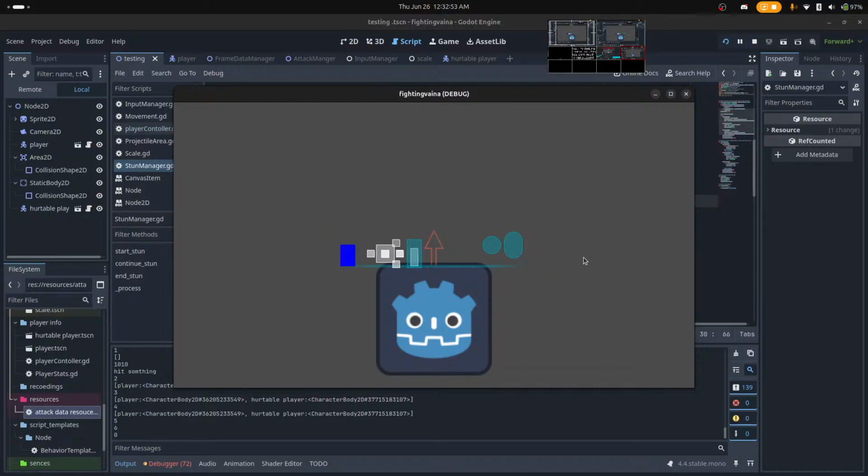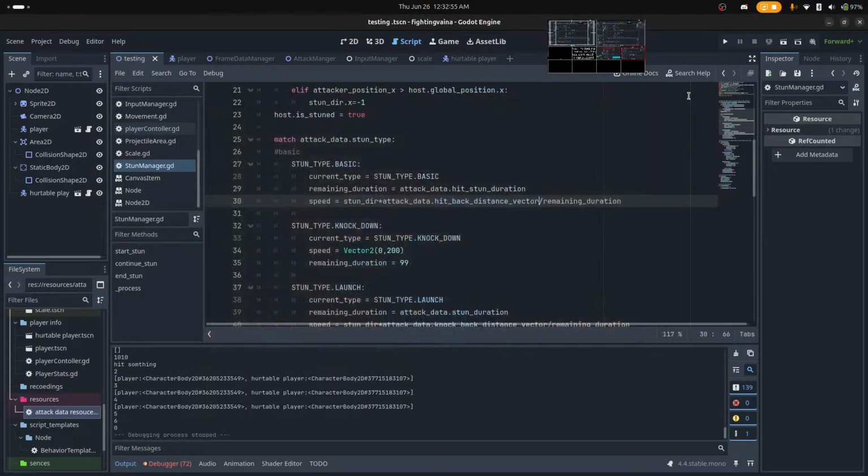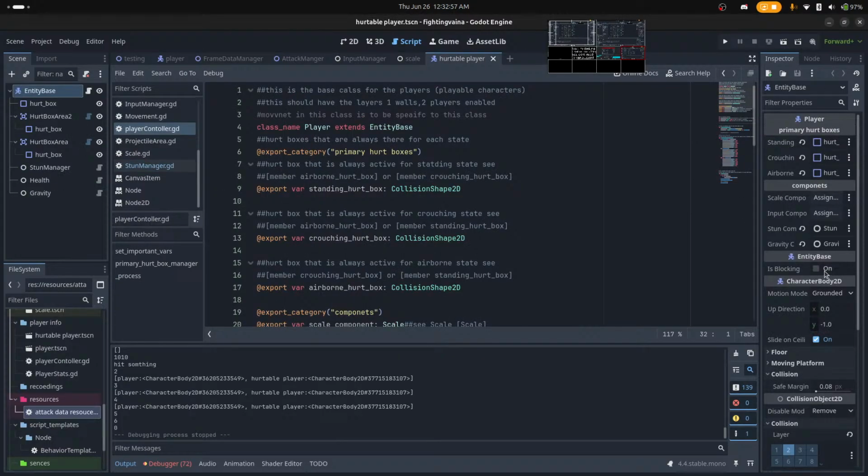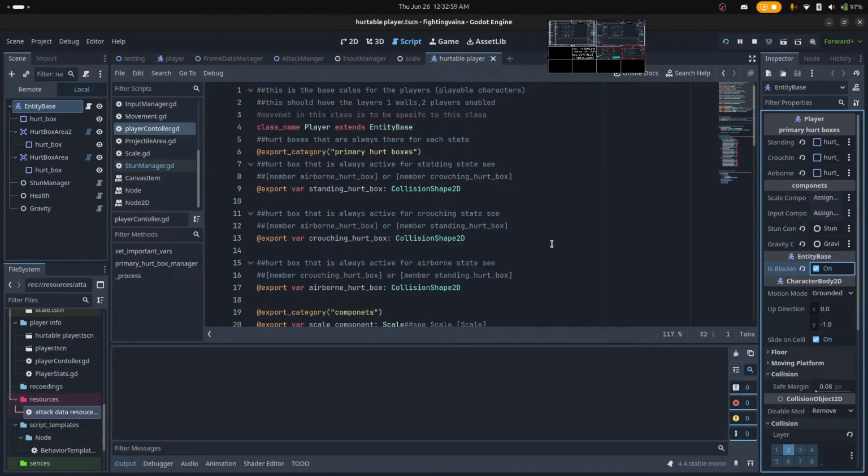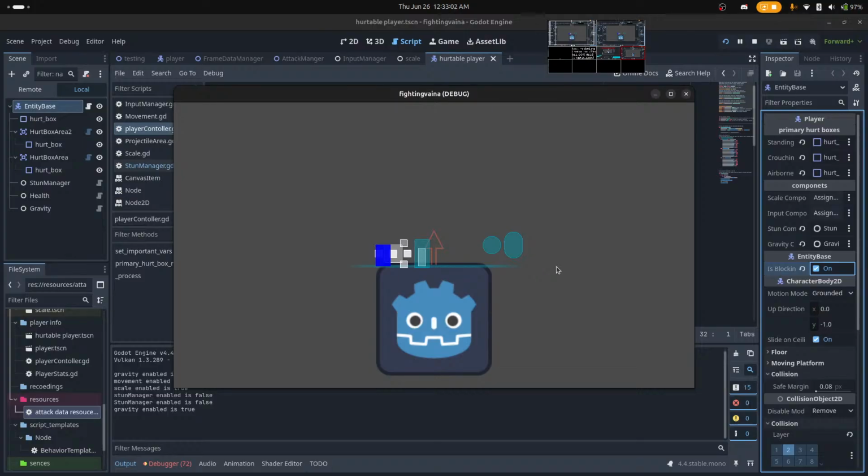Right. So if it's blocking and we hit them, that's something.